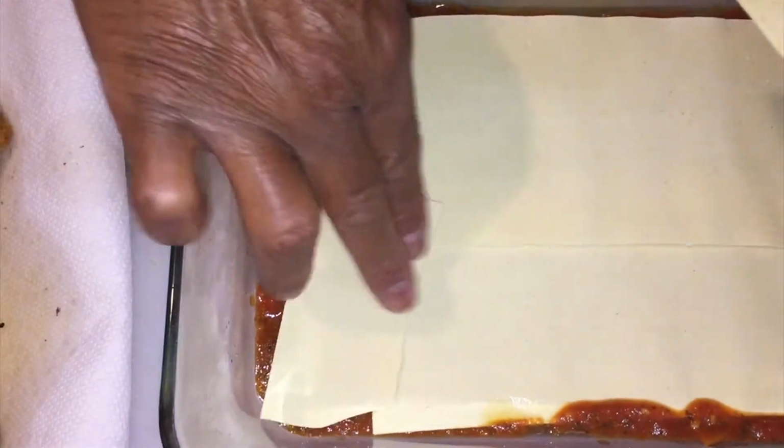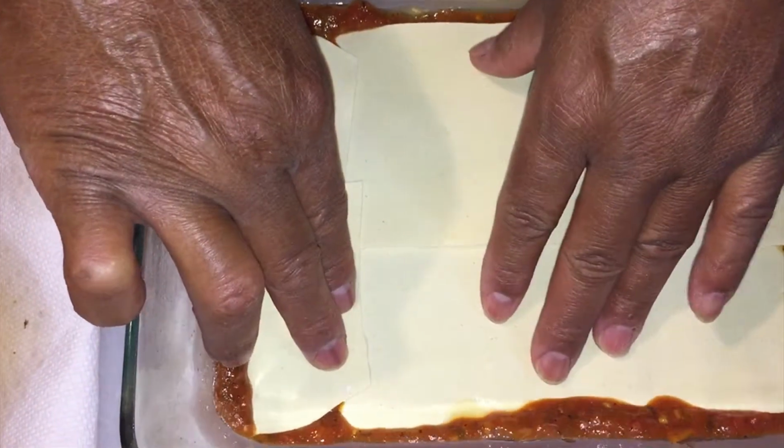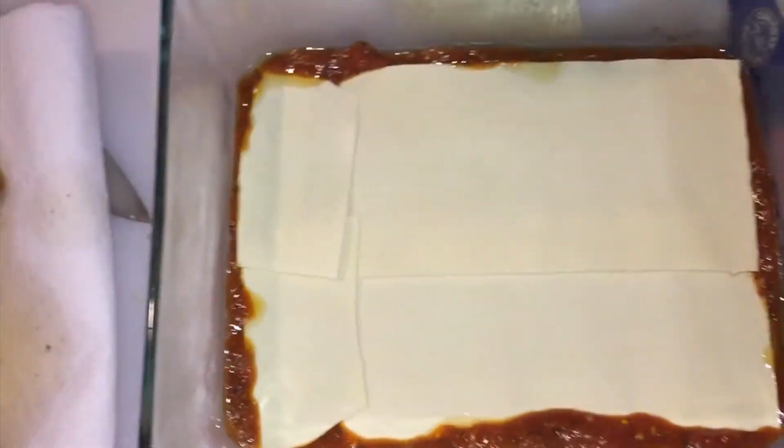So they don't come out perfect, but what I did is took a knife and cut it in half and cut it down, and I'm just going to place these on top. Then the next thing I'm going to do